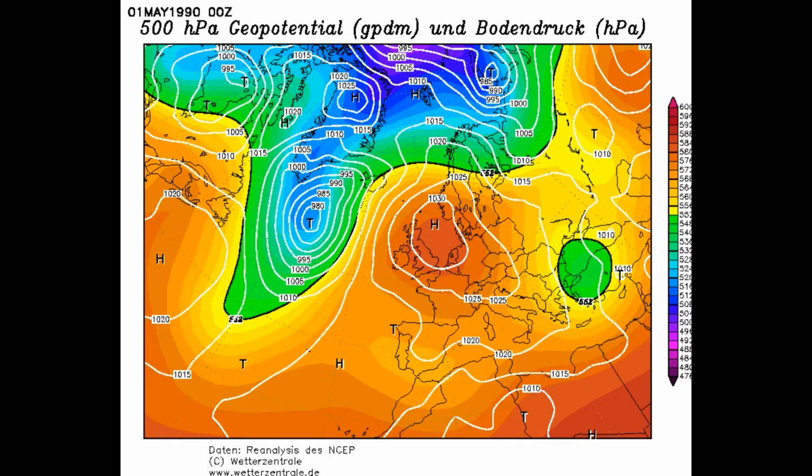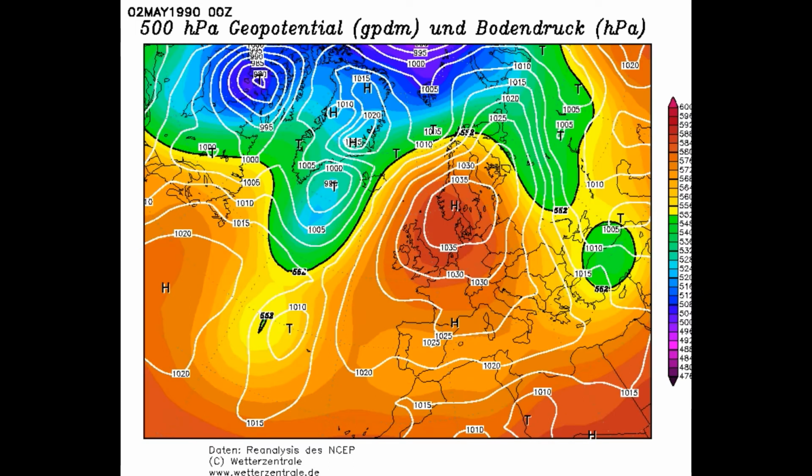But we start off there on the 1st of May, and again we have temperatures up into the mid-20s. As I said, this was part of the period where 25 Celsius was recorded. And in fact, as we move through into the 2nd of May, look at that, we get a stunning area of high pressure right across just to the east of the country. And then this brings up some very warm air. And in fact, for 3 consecutive days, which is the 2nd, 3rd and the 4th of May, we actually record 28 Celsius.